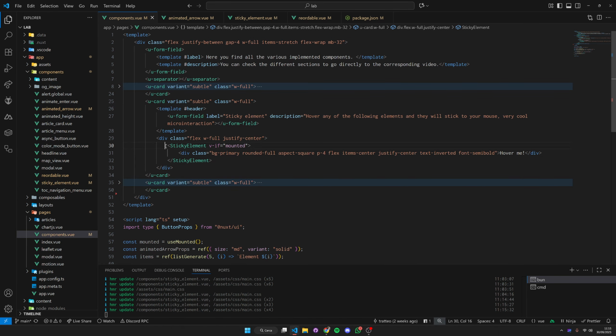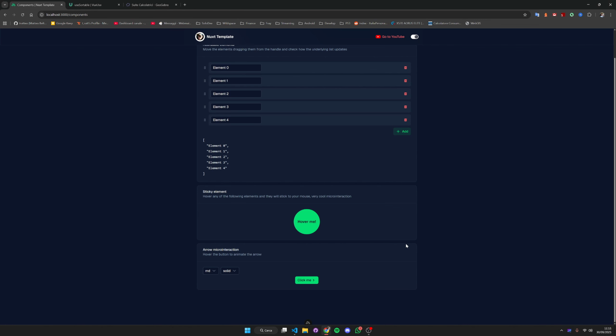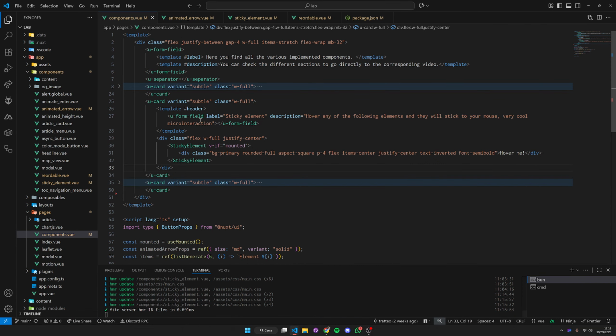In this case, we are just using a sticky element and wrapping a very simple div. And now we have this component right here. Whenever we hover, the element is going to follow our mouse cursor a little bit, but as soon as we exit, it's going to jump back to its resting position. And we can customize this behavior by just changing the amplitude. So for example, if we go to our sticky element and increase our amplitude to 20, we can see that the